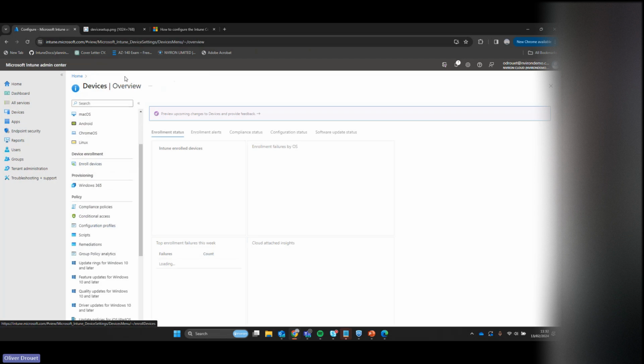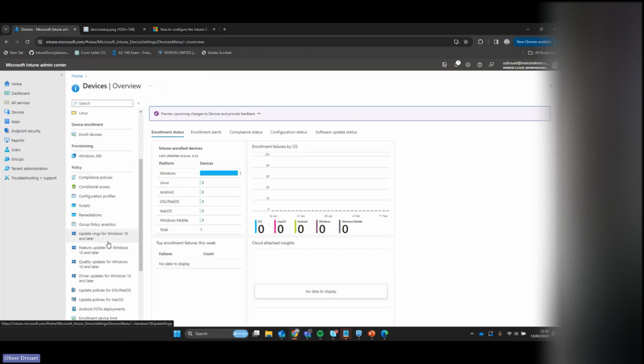So I'm just going to go back one step now. And what we've done there is we've essentially covered just the basics of getting a device off the ground. So the deployment profile does the out-of-box experience. Your configuration profiles do all of your security and software tweaks, essentially bringing the device into that corporate environment as